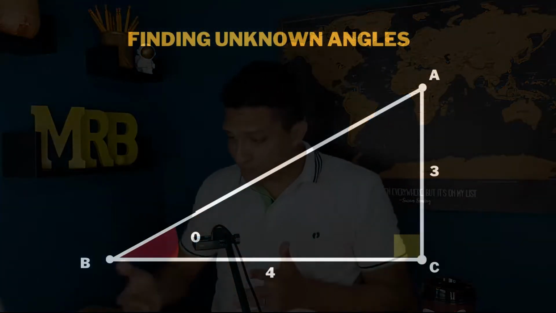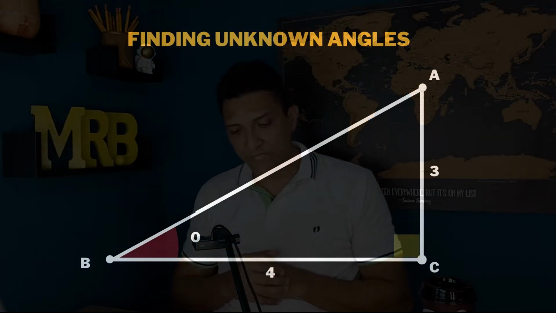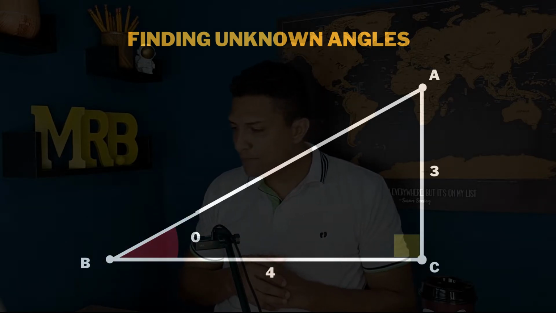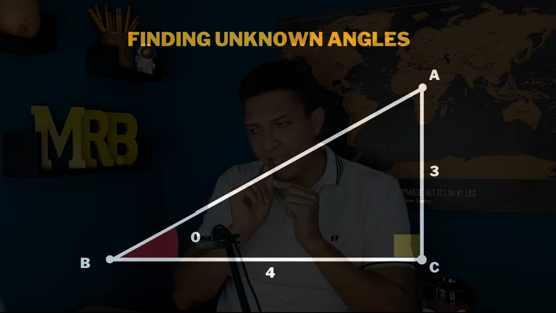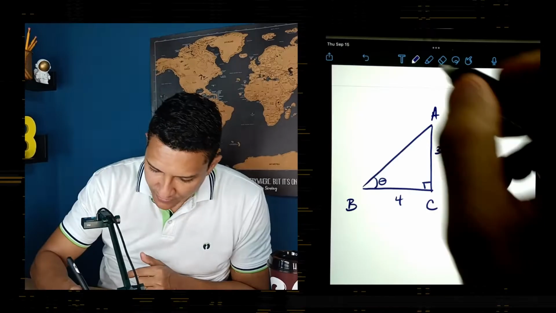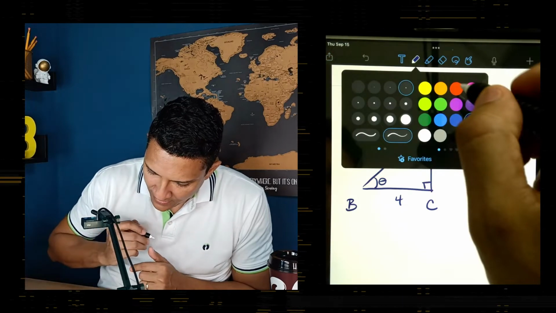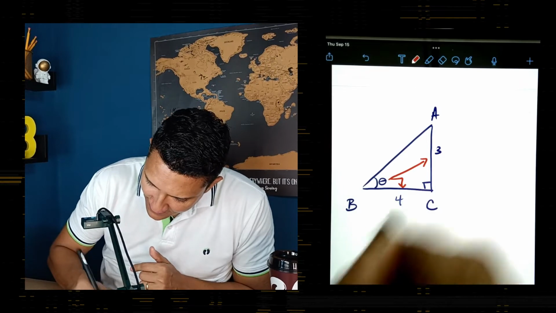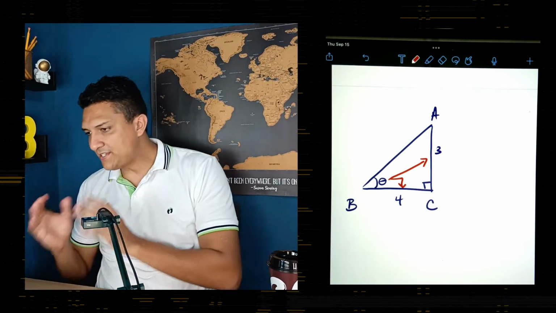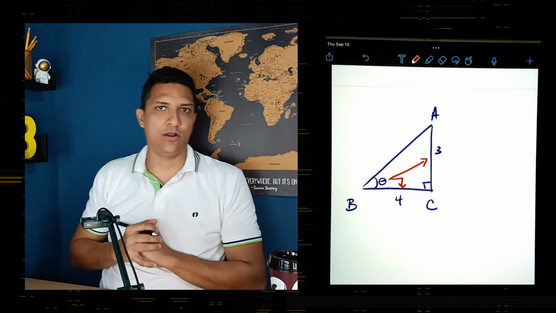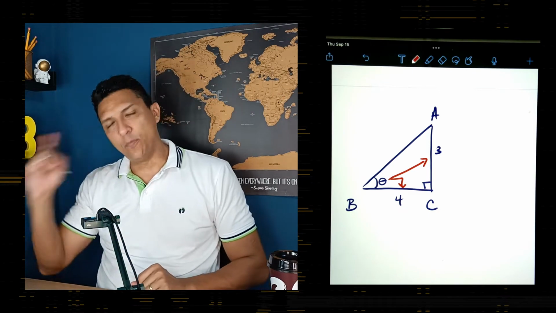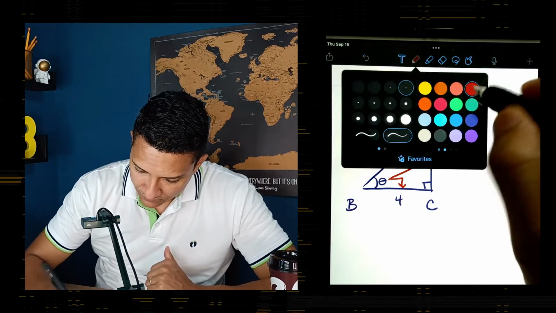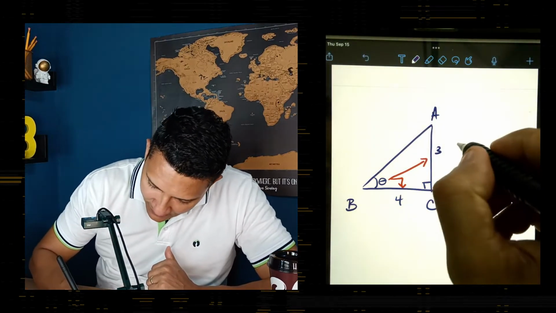In this first example, they're asking us for the angle B. Notice that if that is the reference angle, the sides that are given are the opposite side and the adjacent side. Why the adjacent? Because it's the one that is nearest to the angle. So opposite side, adjacent side, that means tangent. So tangent of theta